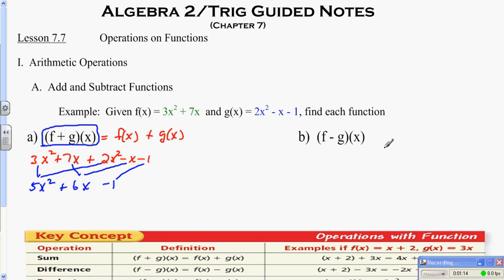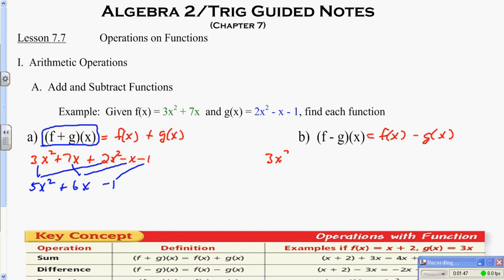So in B, when it says f minus g of x, it's asking us to take f of x and subtract g of x. Now, unlike addition, subtraction is not the same in both directions, so it's not commutative. So we have to be careful about the order in which we do this. So this does indeed say f of x minus g of x in that order. Therefore, we would have